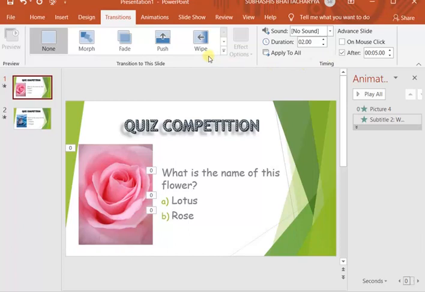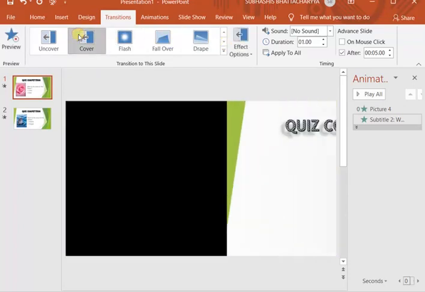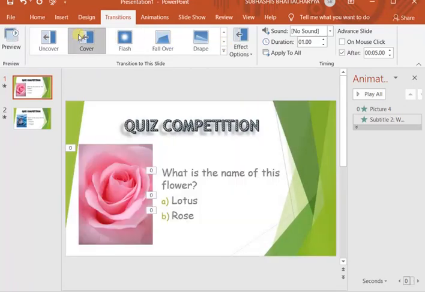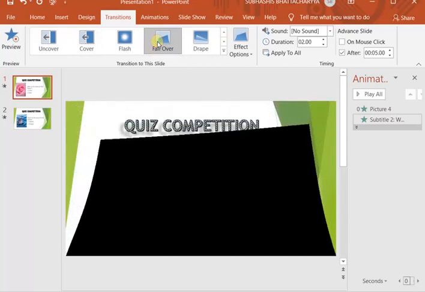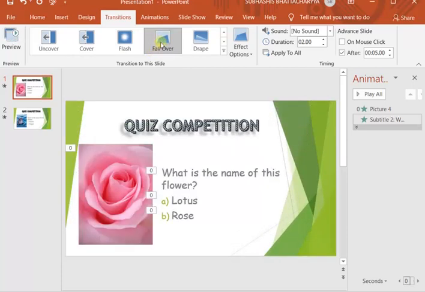Now if you want to add some transition effects to your slide, you can add from this. I have selected this one. I can select this one also.